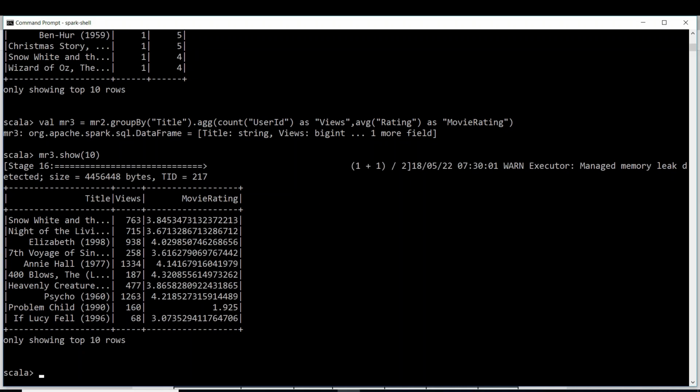Now we can apply the filter condition where the number of views must be at least 40, and we need to arrange them in descending order. Why? Because we require the top 20.